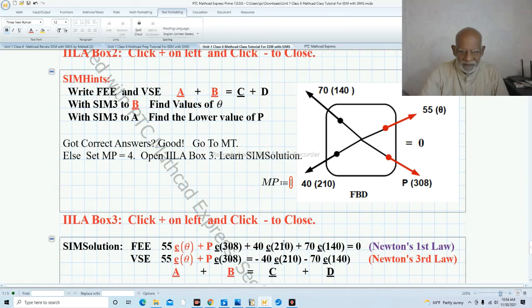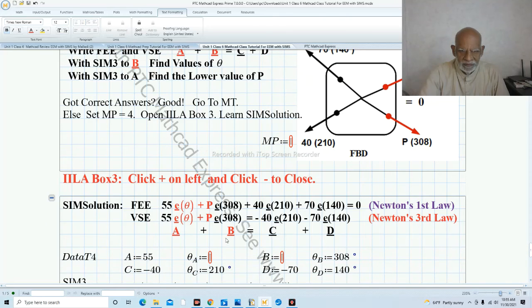Okay, very easy. Please note the FEE, that is force equilibrium equation, actually refers to Newton's first law, which says a body continues to move at a constant velocity or at rest. Both mean zero here. That's Newton's first law, the equilibrium equation. And in this we are doing Newton's third law, where active forces are equal and opposite to the reactive force. They are equal and opposite. Here we are considering the sum of these two. If you understand this very carefully, okay. In dynamics you deal with Newton's second law basically.